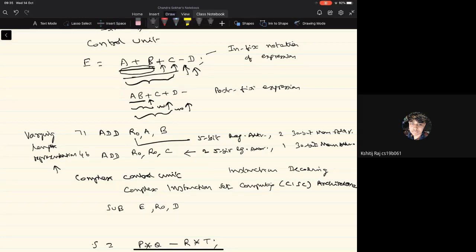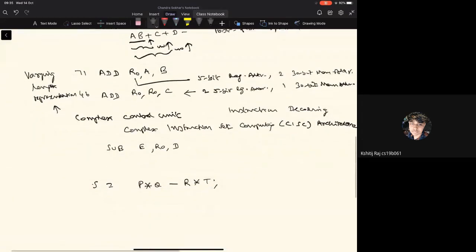And that's why we could convert this expression from the infix form to the postfix form as given here. What is the postfix form for this second statement here? Is it PQ star? And what is the next one?